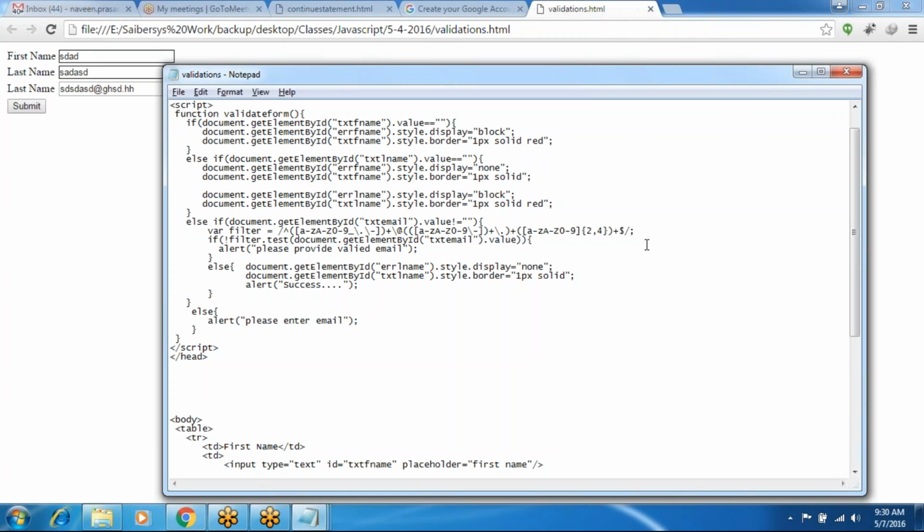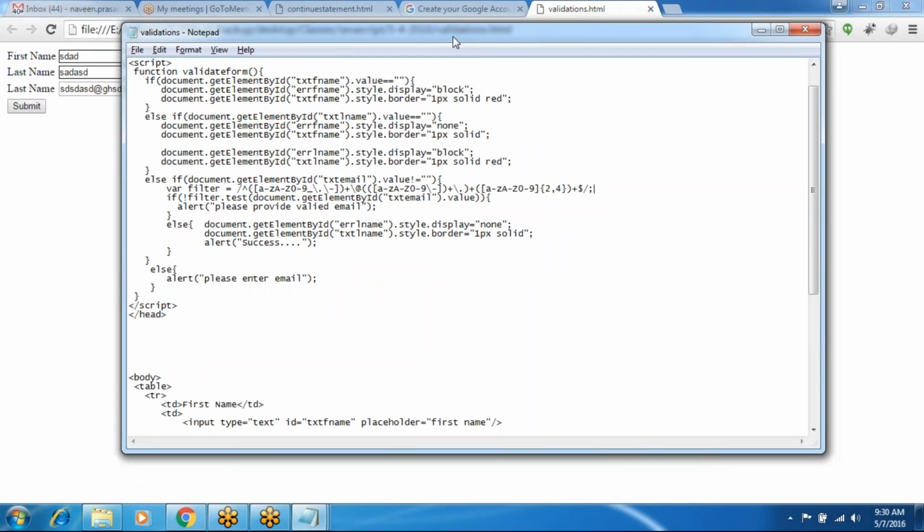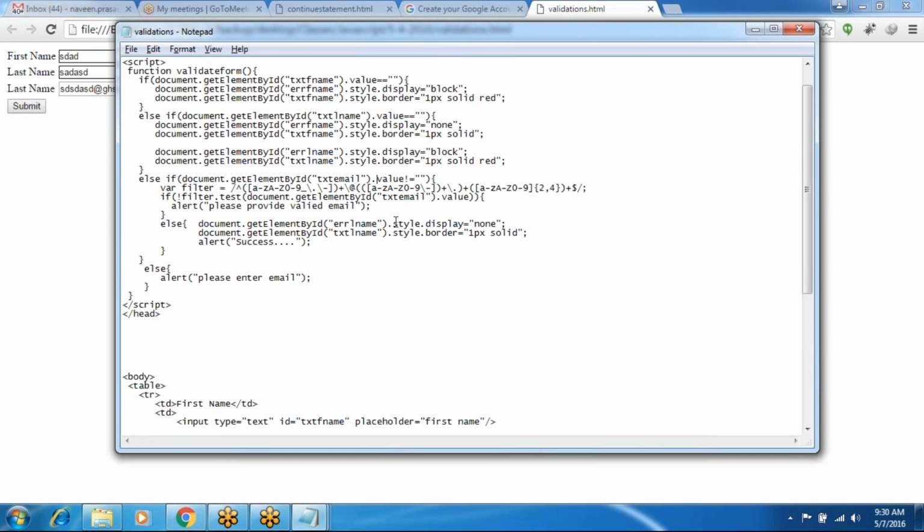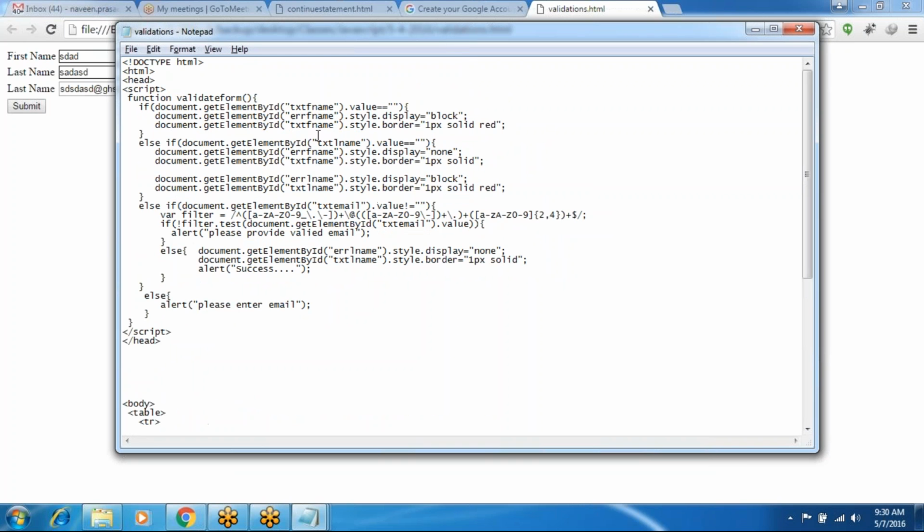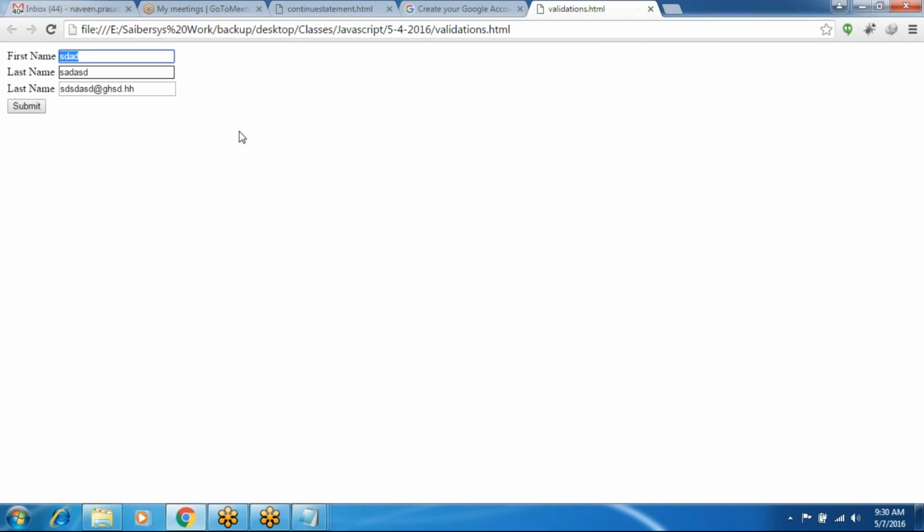Okay, there are expressions for password or email, or you can enter only strings, or only digits in a text box. So do one example for today's validations: the first name text box accepts only strings, not digits. If you enter any digits in the first name text box, it will show an alert box: please enter only string values.